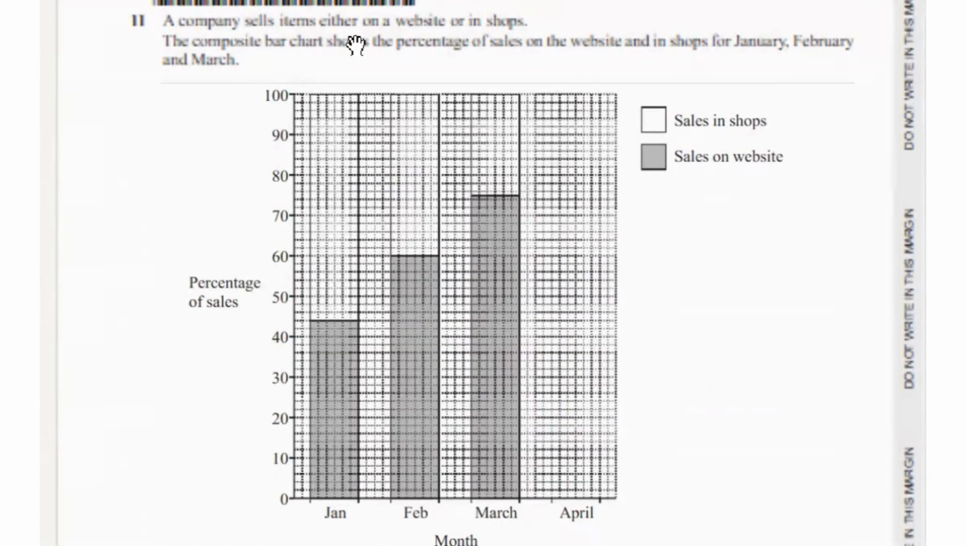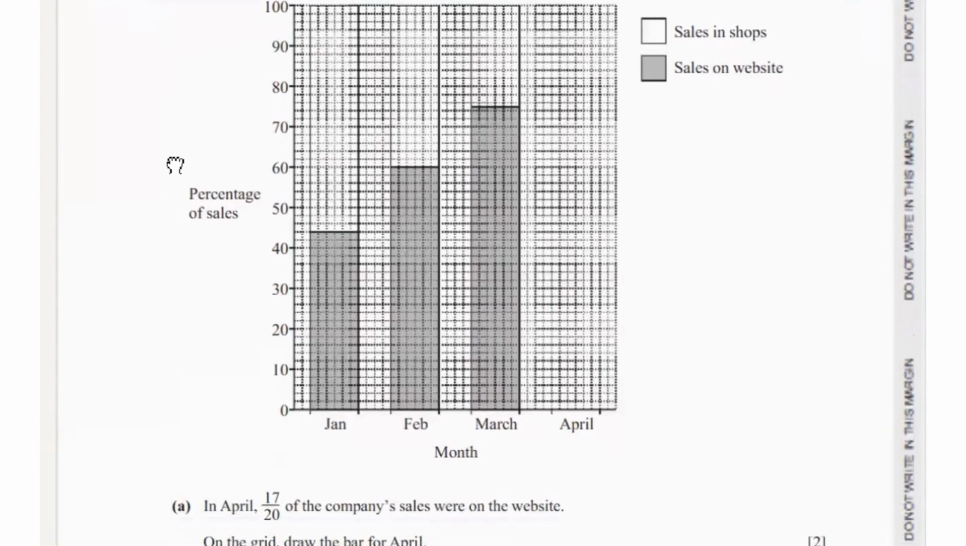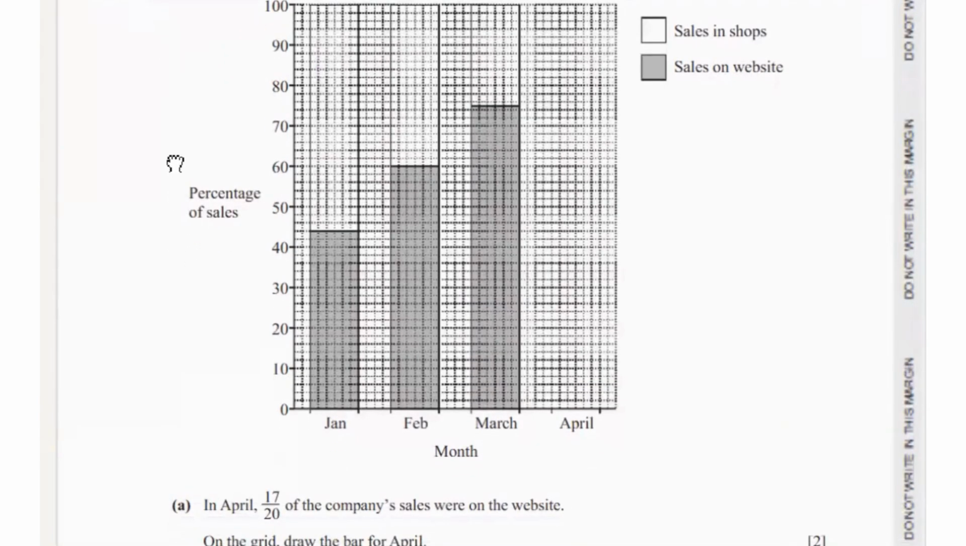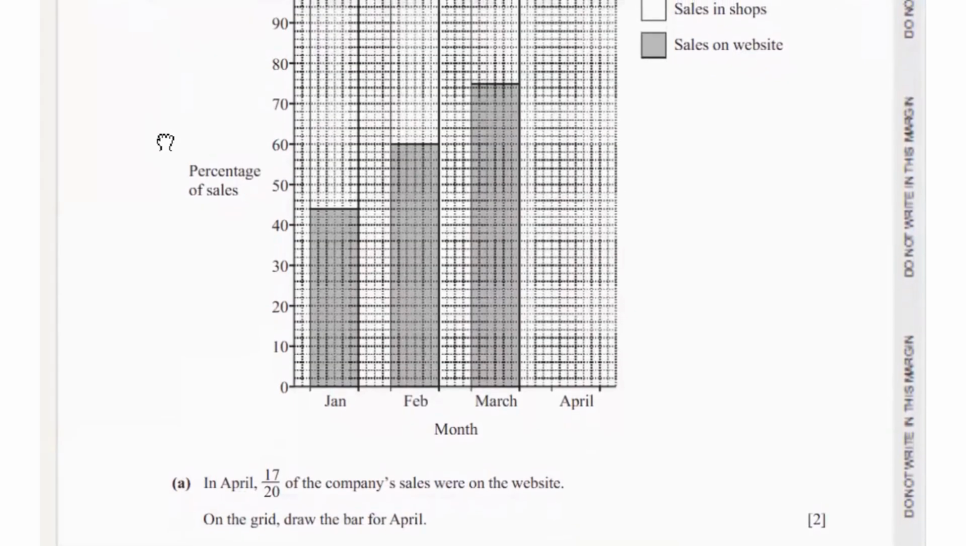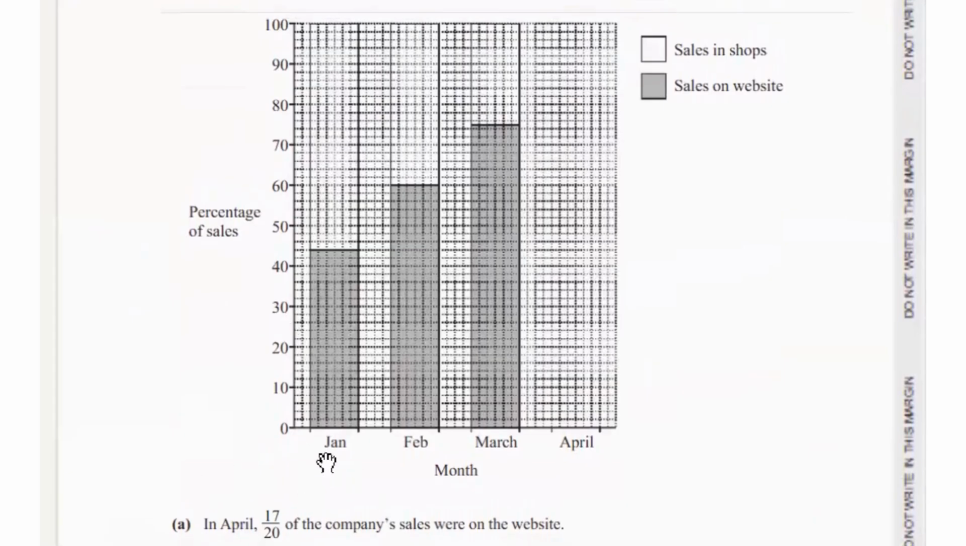Question 11 says the company sells items either on a website or in shops. The composite bar chart shows the percentage of sales on the website and in shops for January, February and March. In April, 17/20 of the company's sales were on the website. On the grid, draw the bar for April. So in April, 17/20 of the company's sales were on the website. So that means